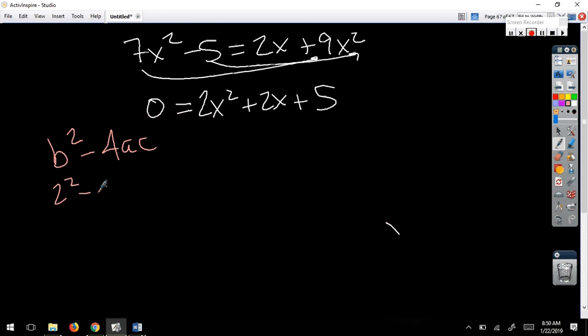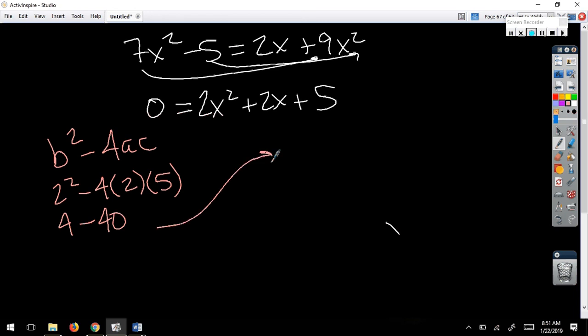So 2 squared minus 4 times 2 times 5. That's going to give me a negative number, right? And a negative number means this will have 2 imaginary solutions. Does that make sense? That's it. That's it for discriminant. So tonight what you'll be doing